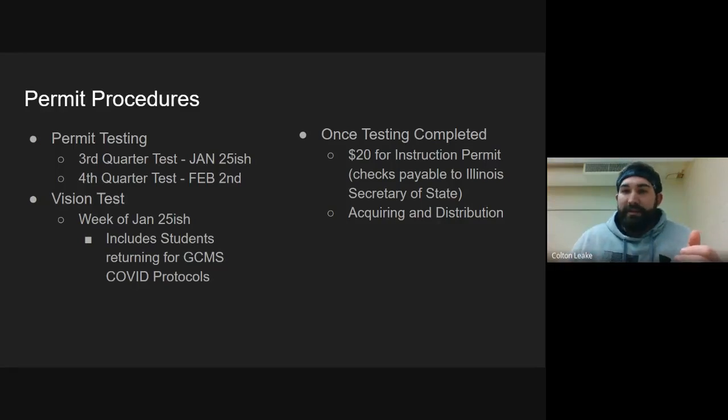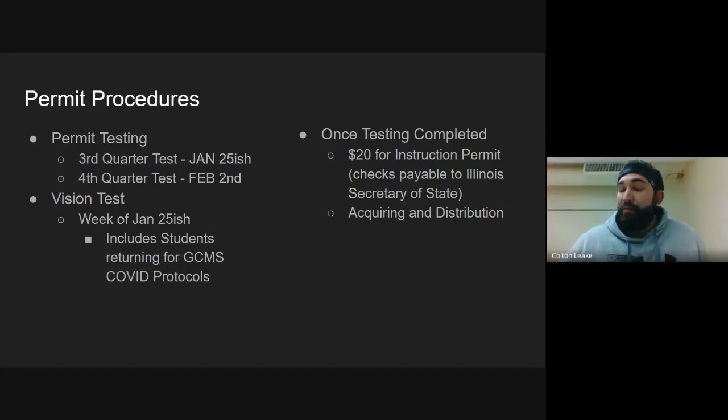I did just see a question pop up, so before I move on and turn this over to Mr. Grauer, that $20 is due on the 25th. So it's not truly due on the 25th. It's not going to really be due until the point where I am going to be eligible to take your child's permit application up there to get their permit. So say your child's already 15. If you wanted to bring in that money on the 25th, that's great.